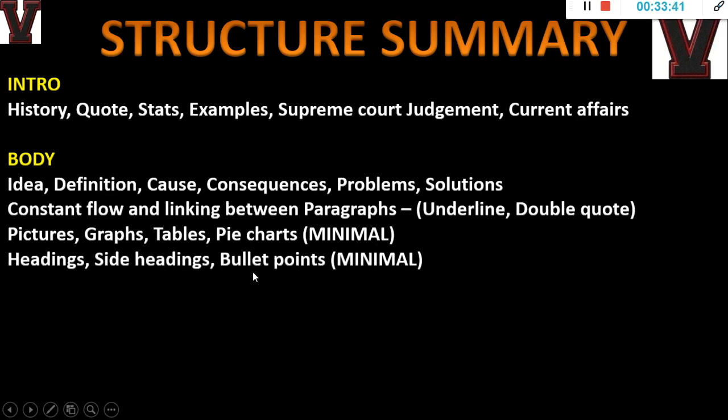Again, headings, side headings, never put side headings like intro or body or something. This is just to teach you. I am telling you, don't use these kinds of side headings. You should use side headings in a very minimal way. Like if you see the Economic Survey and all, they will use them sometimes, but very minimally. It's not like they will use them unwantedly. There will be like 7-8 pages of paragraphs, only then the next side heading will come. That is how the Economic Survey does it. So you also have to do it in a very minimal way. Don't put a heading for everything.